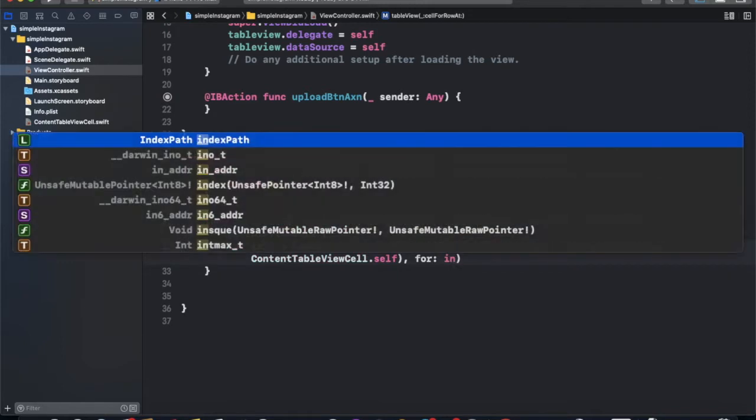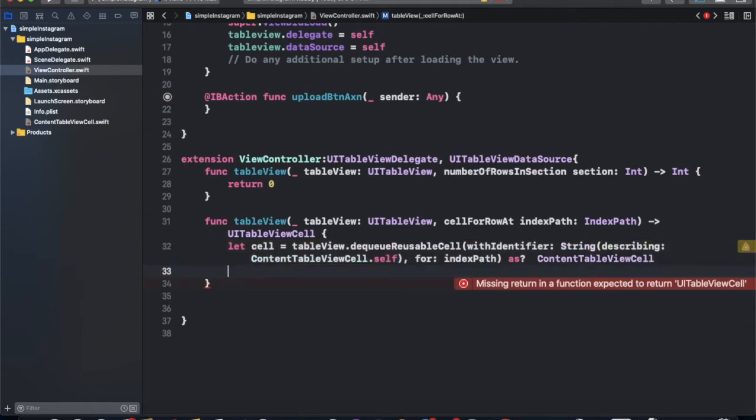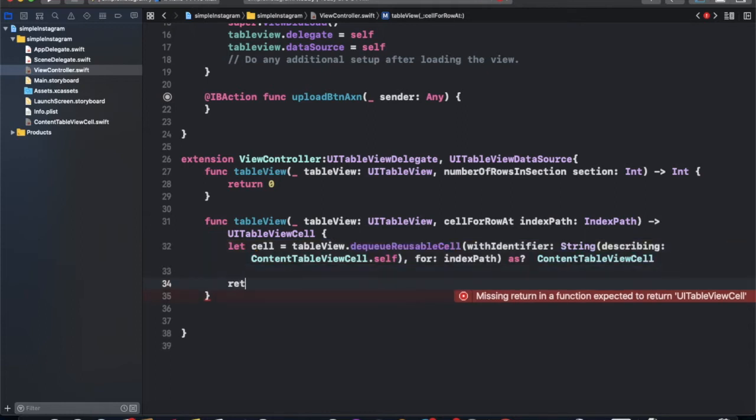Next, index path. Return that cell. So basically the table view part is done.